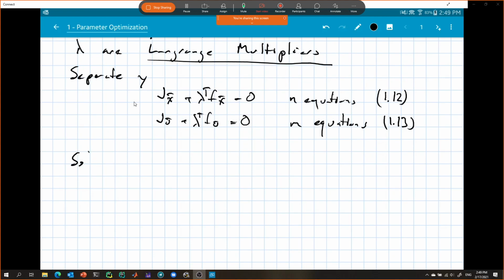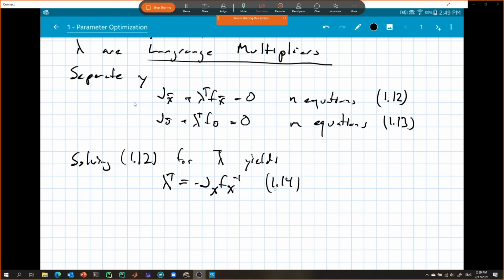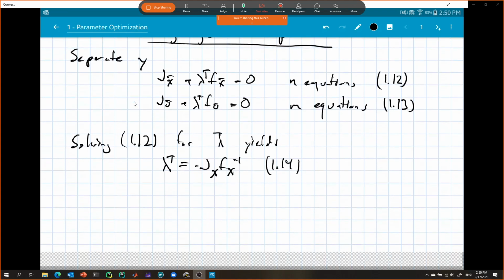Solving 2 for lambda yields an expression for our Lagrange multipliers. Okay,